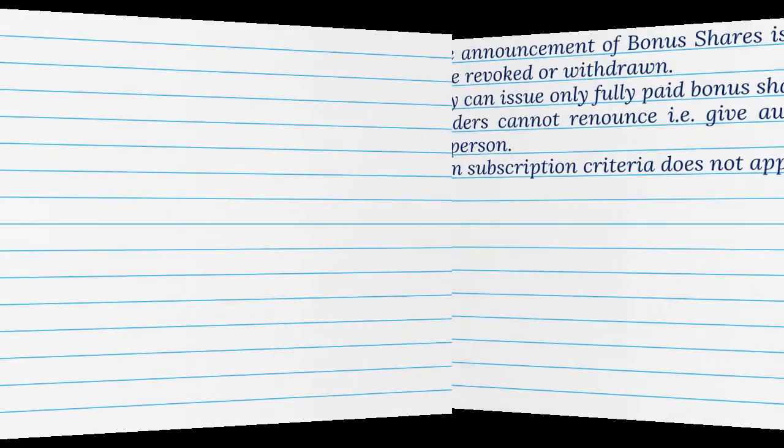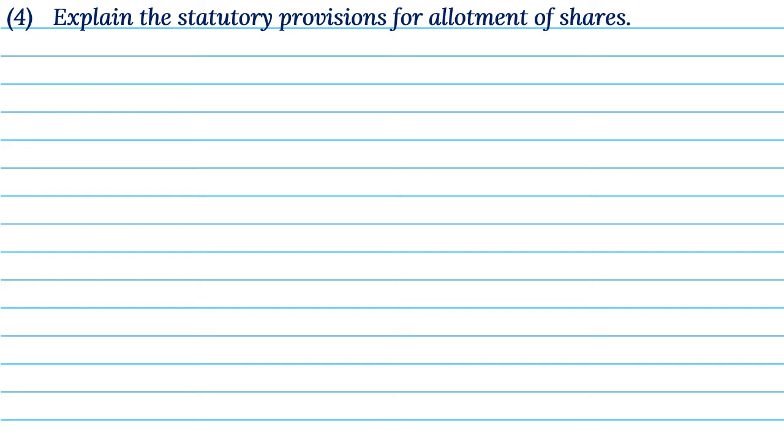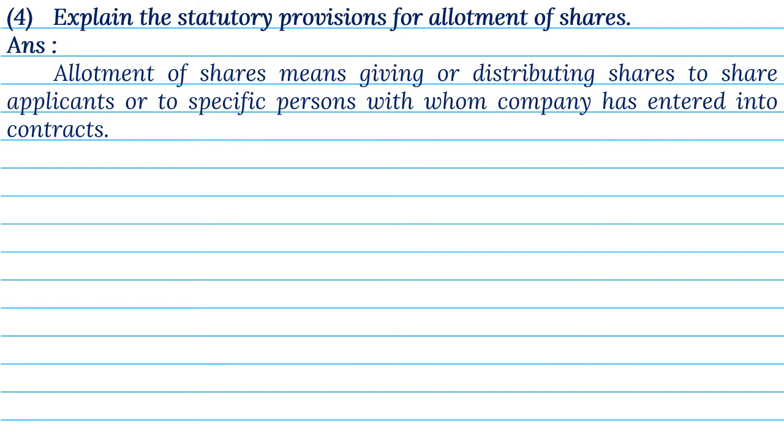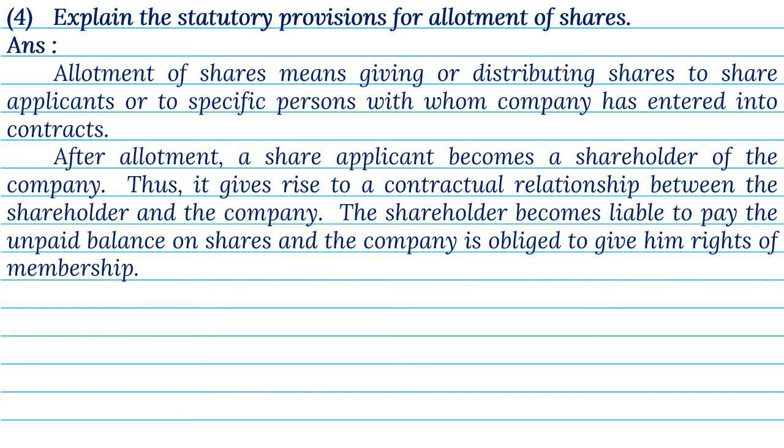4. Explain the statutory provisions for allotment of shares. Answer. Allotment of shares means giving or distributing shares to share applicants or to specific persons with whom company has entered into contracts. After allotment, a share applicant becomes a shareholder of the company. Thus, it gives rise to a contractual relationship between the shareholder and the company. The shareholder becomes liable to pay the unpaid balance on shares, and the company is obliged to give him rights